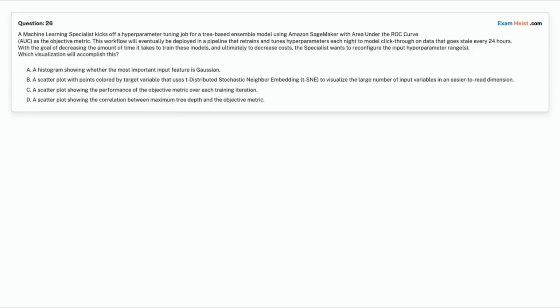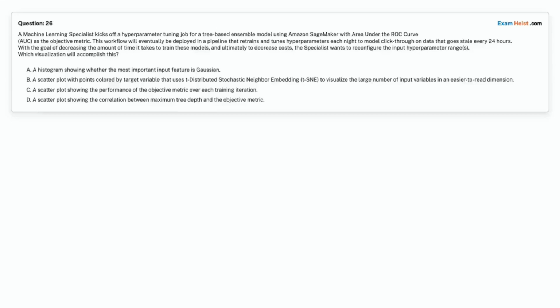This workflow will eventually be deployed in a pipeline that retrains and tunes hyperparameters each night to model click-through on data that goes stale every 24 hours, with the goal of decreasing the amount of time it takes to train these models, and ultimately to decrease costs. The specialist wants to reconfigure the input hyperparameter ranges. Which visualization will accomplish this?